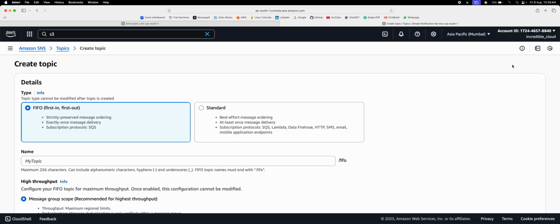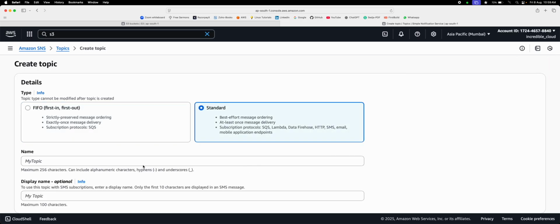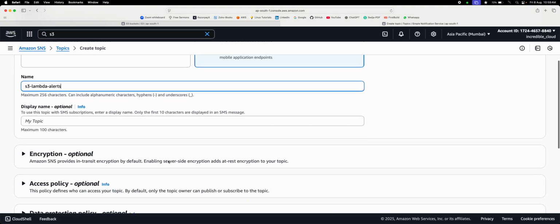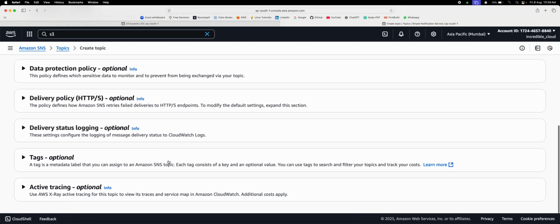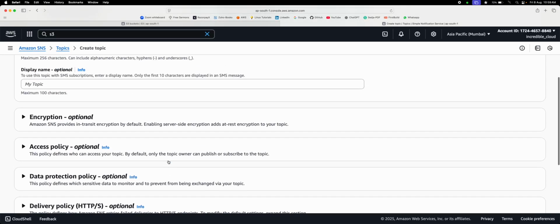So create topic. Standard. So my topic is S3 lambda alerts. So S3 lambda alerts. Next, in here,